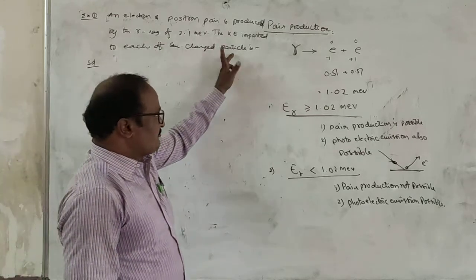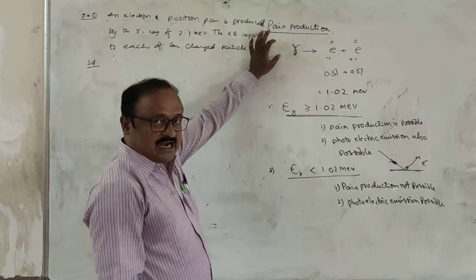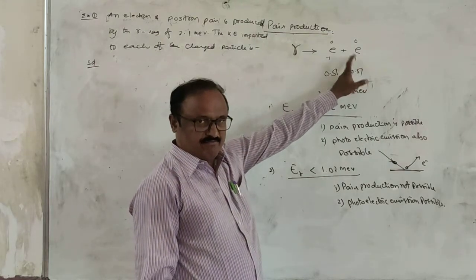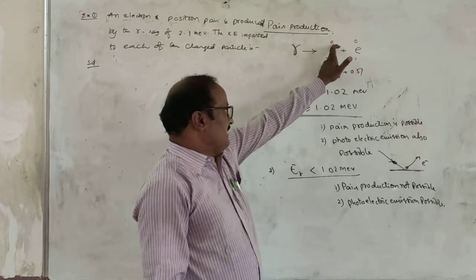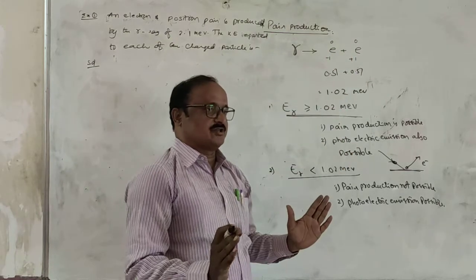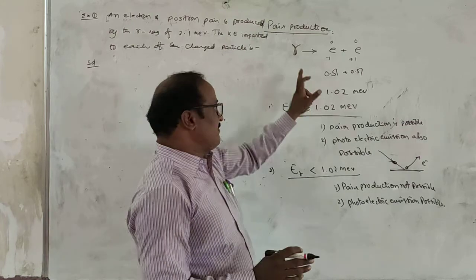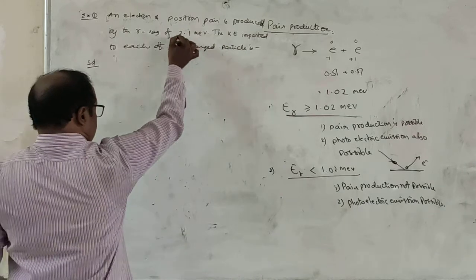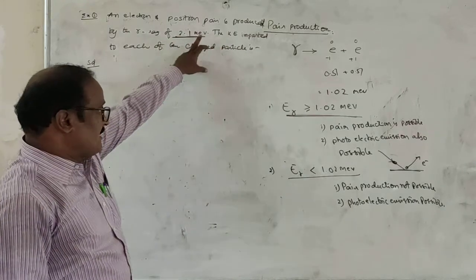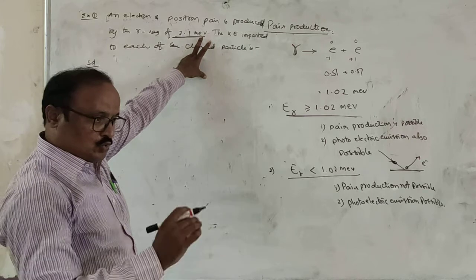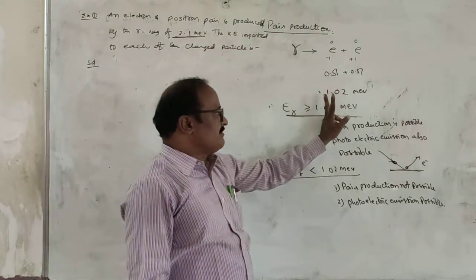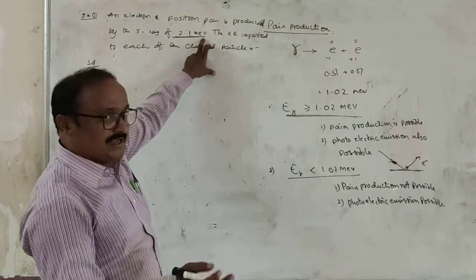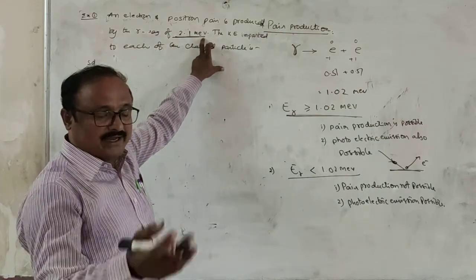Suppose in pair production, a gamma ray photon splits up into an electron and a positron. Minimum energy means the electron and positron are at rest, so the minimum energy of the gamma ray photon is 1.02 MeV. But here the energy of the photon is 2.1 MeV. To just liberate the electron and positron, the minimum energy is 1.02. Since 2.1 is more than 1.02,